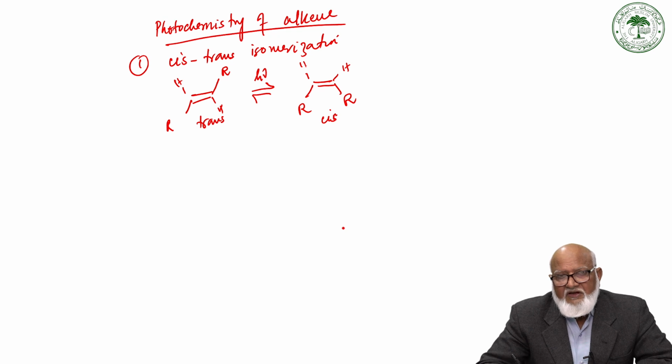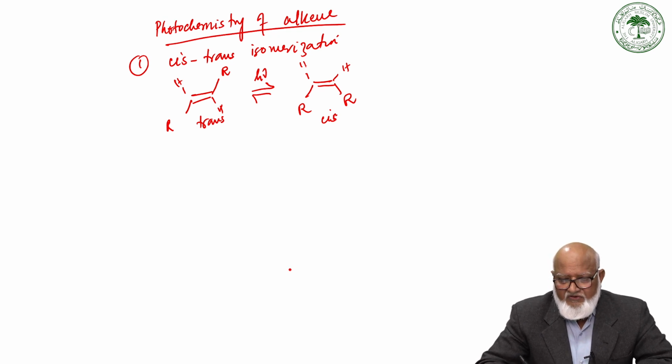So it is possible to convert the most stable trans isomer to the cis isomer photochemically, but it is not possible to convert 100% because it's always in equilibrium, and it is an example of